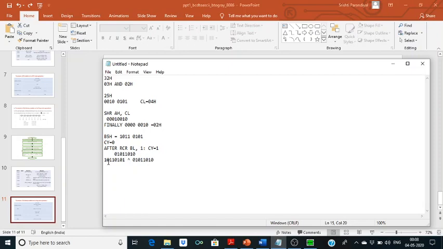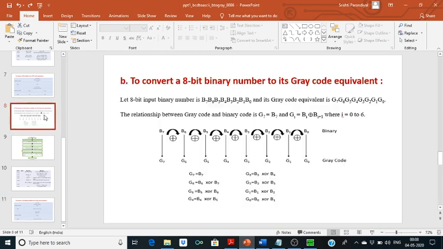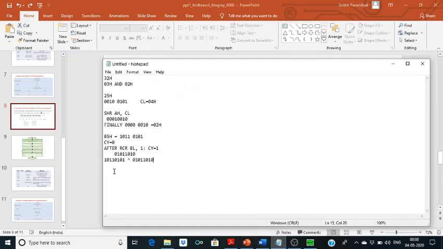See, we are XORing 1 with 0, so we will get 1, so the MSB is the same. Then we are XORing 0 with 1, alternately like this. This is our original number, so the MSB is the same, we will get the MSB 1 only.